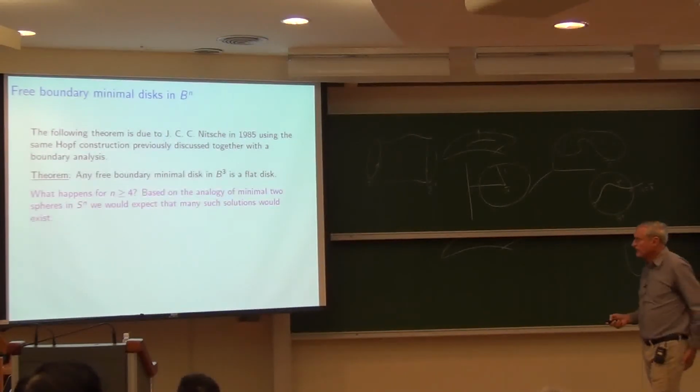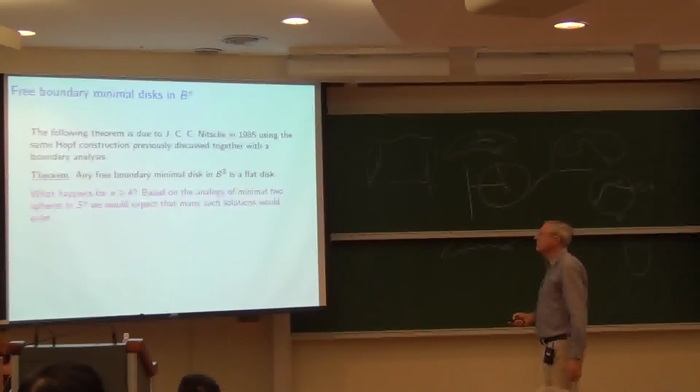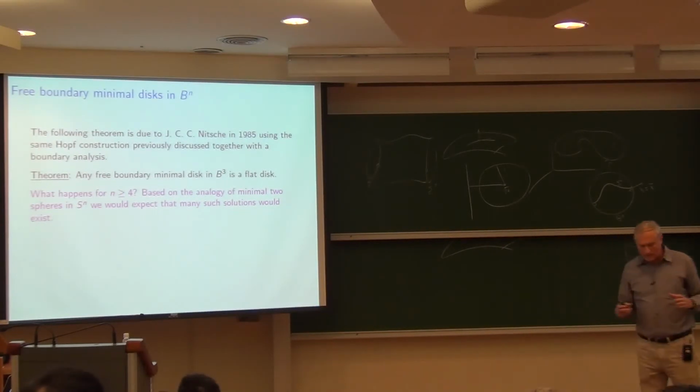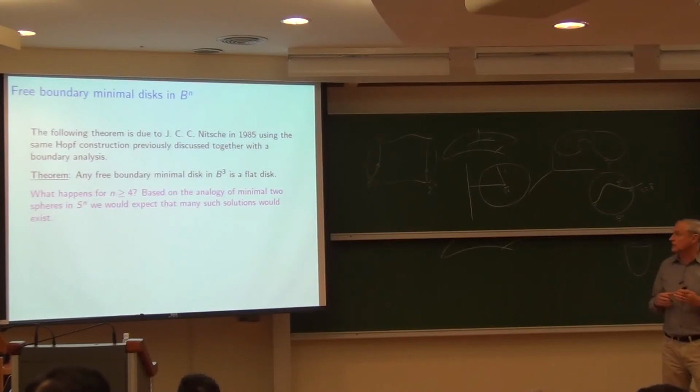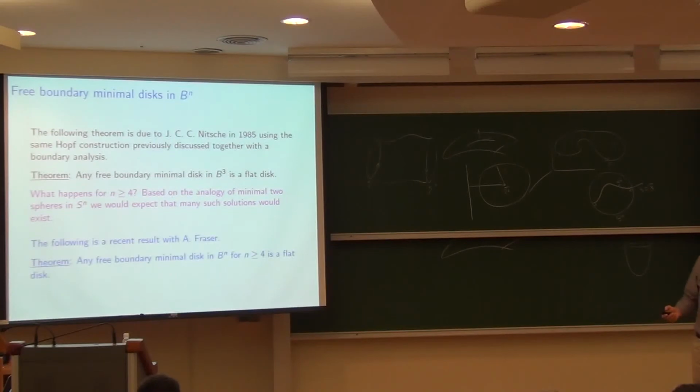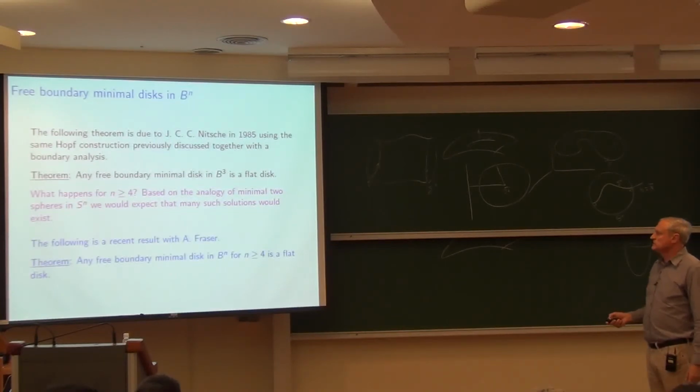So then the question is, what happens for n greater than or equal to 4? Okay, so based on the analogy of minimal two spheres in S^n, we would expect that there may be many such solutions of that problem. Okay, and so it turns out, however, that there are not. So this is a recent result with Fraser. So it turns out that actually any free boundary minimal disk in B^n for any n is actually a flat